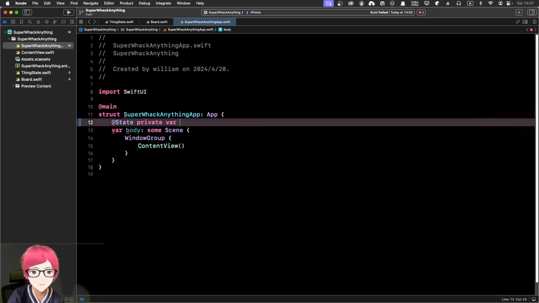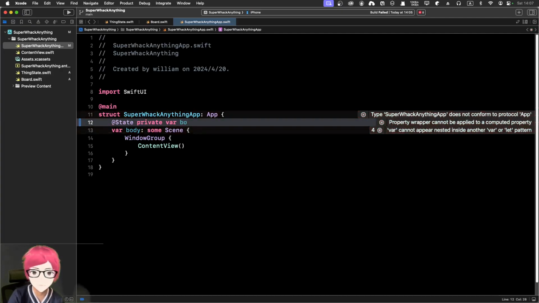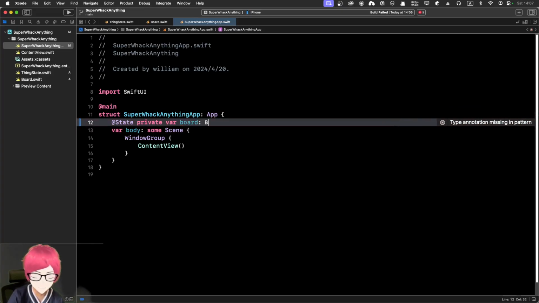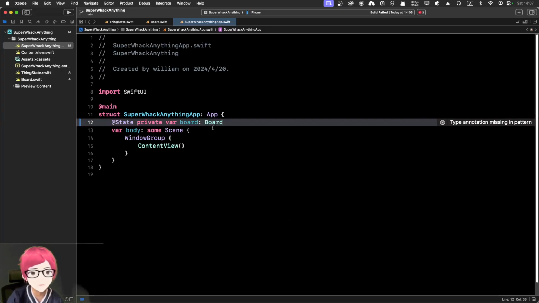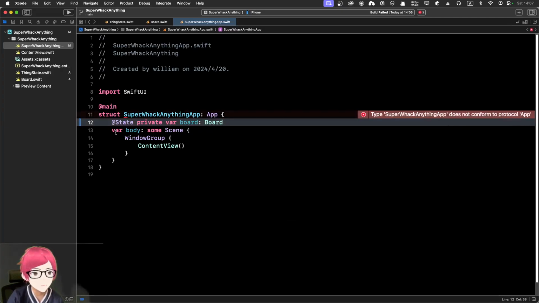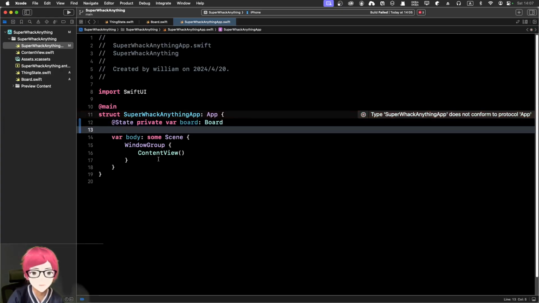And I'm going to initialize a specific board, because you know it's a board game, and it will be a board. Okay, just a class Board, and we got this error that body does not conform to